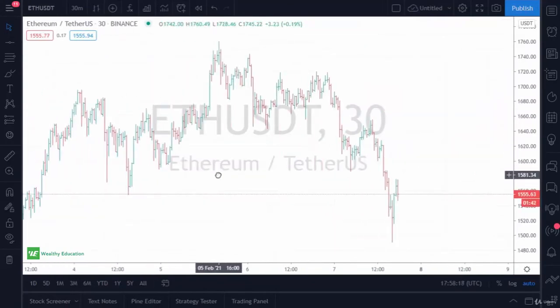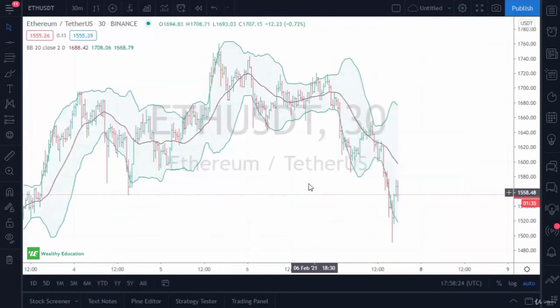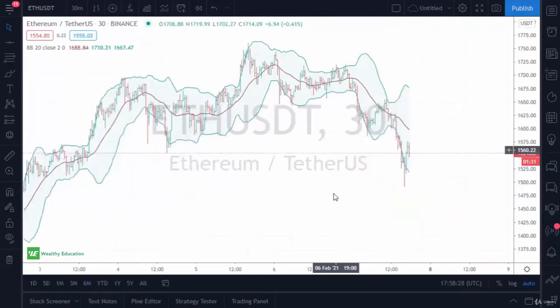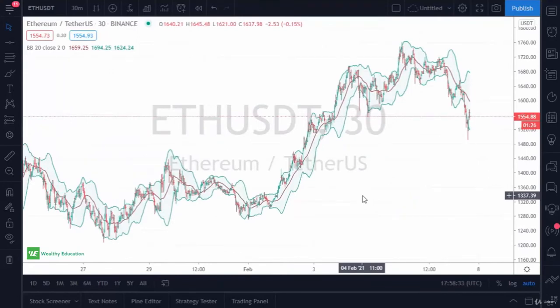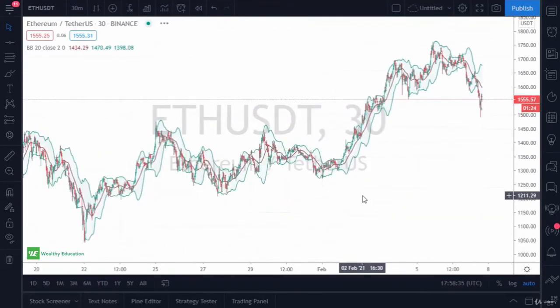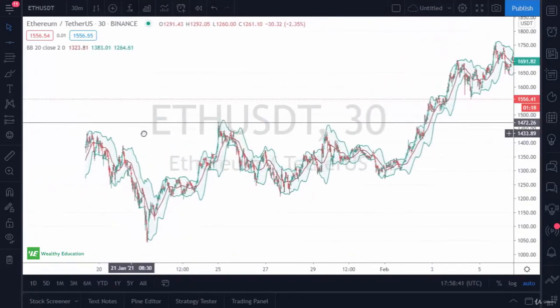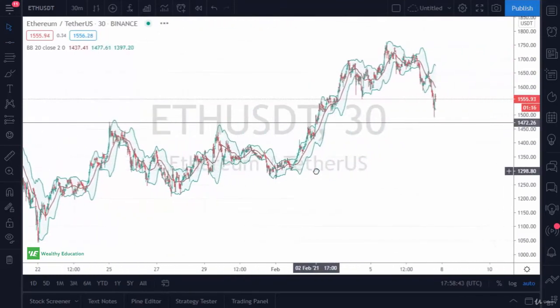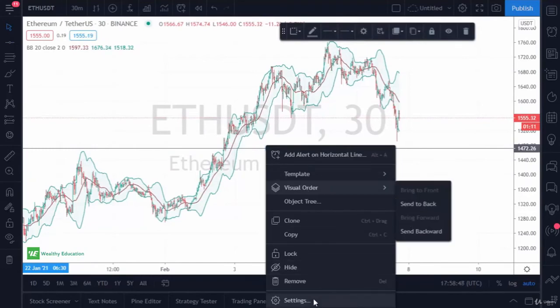So Ethereum, we'll add the Bollinger Bands to this as well. Notice how wide it has gotten after squeezing. That tells you that volatility is picking up. Now, let's try to find some type of order in all of this. And I would say somewhere right around here, there is going to be support or resistance. So I'm going to mark this as 1500